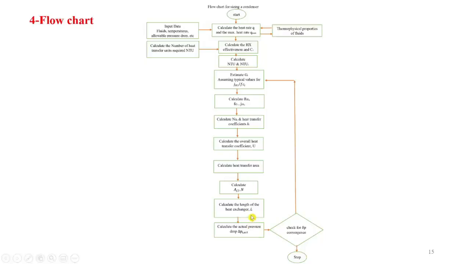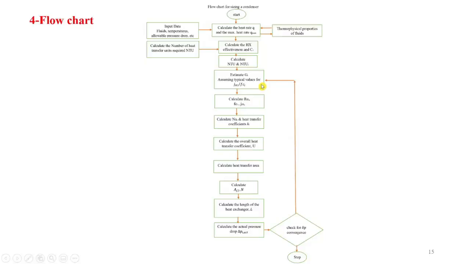Once you get the length of the heat exchanger, you can now proceed to find the pressure drop, actually how much, using the calculated values for the length of the heat exchanger and the friction factor that you found. Then you find the difference between delta P actual and delta P required by the statement of the problem, and you put a tolerance between these two values, so that you can either stop or go and